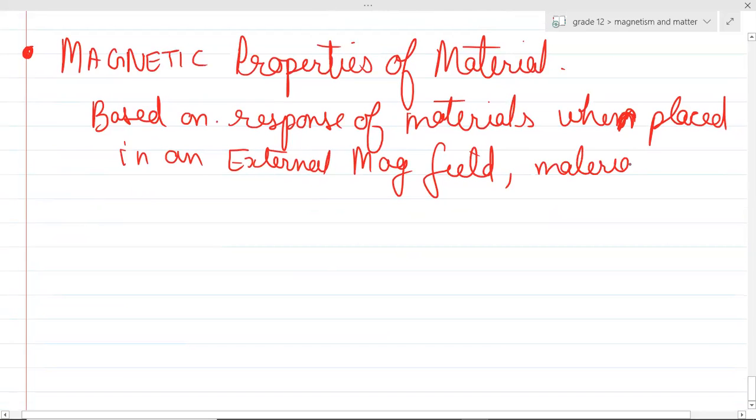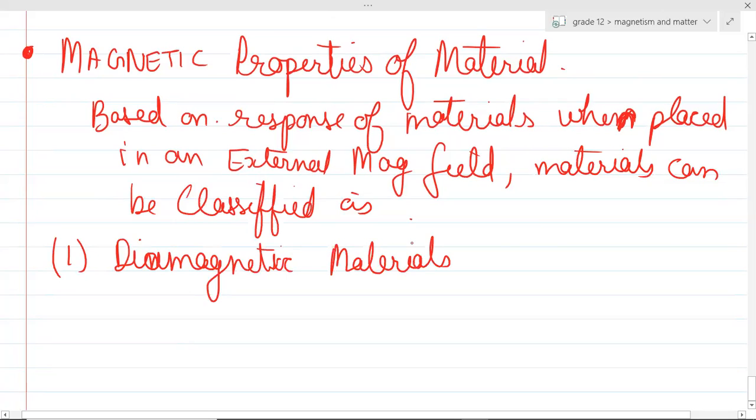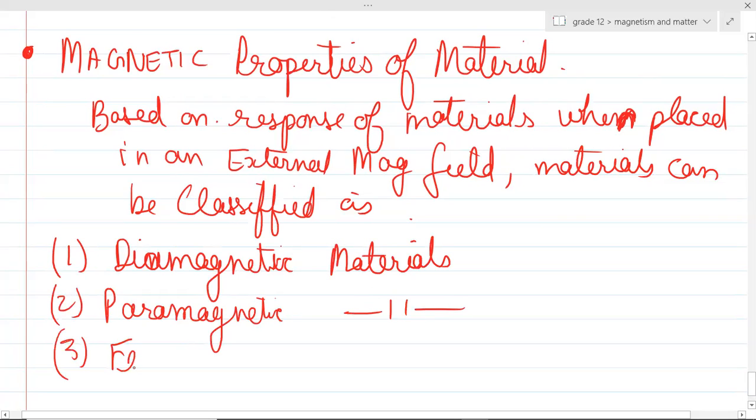Materials can be classified as diamagnetic materials, paramagnetic materials, and ferromagnetic materials. There is one more which is called ferrimagnetic material, but it's not part of